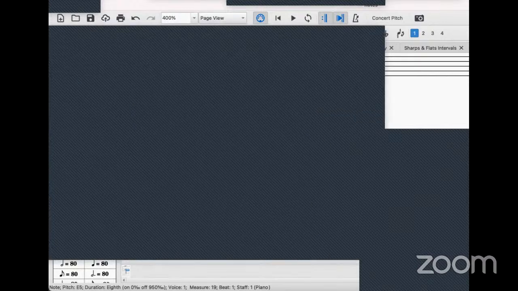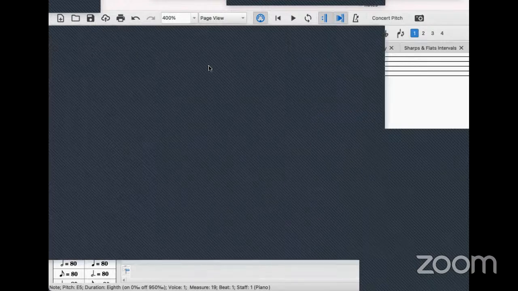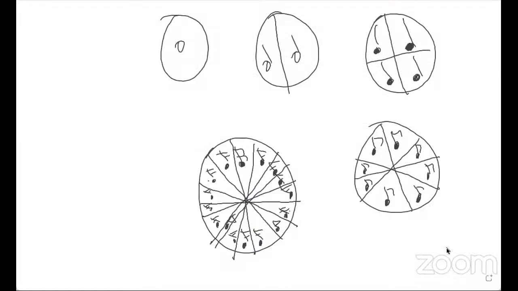Let me just stop the share here and add the whiteboard. So I'm not Picasso, not even close. I flunked the art class. Anyhow,